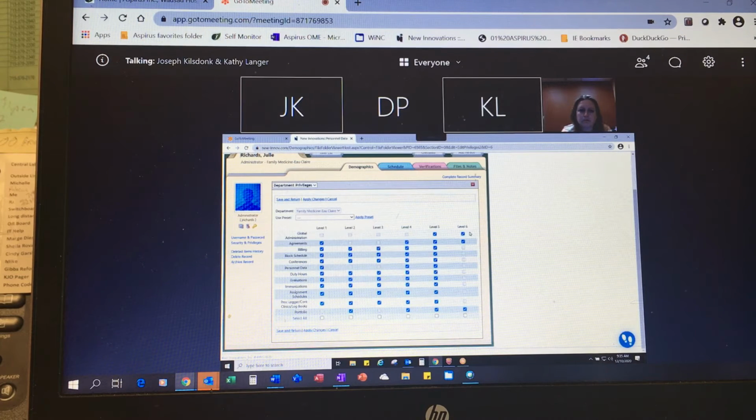I don't know why they have it set up that way. It should just be 6 down the right and then nothing for everything else. Because if you have a level 6 for, say, global administration, or let's take a look at block schedule. If you have a level 6 in block schedule, you don't need a 1, 2, 3, 4, or 5. Level 6 covers everything. So let me reach out to her and have her change that, and that way we'll get you set for that. And that goes for